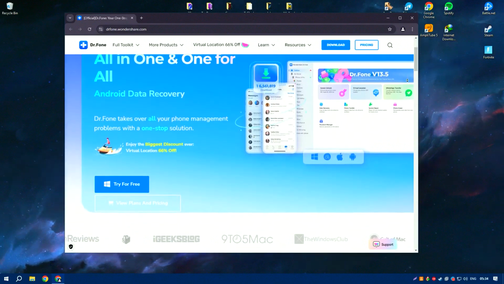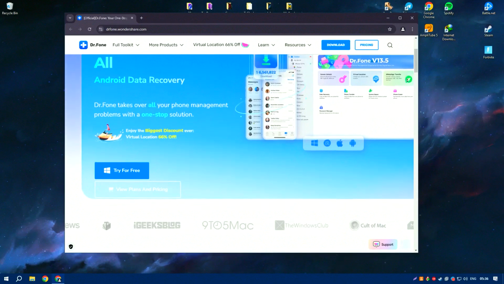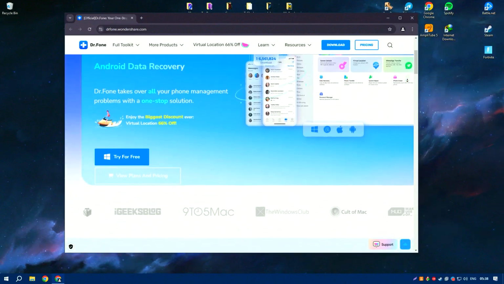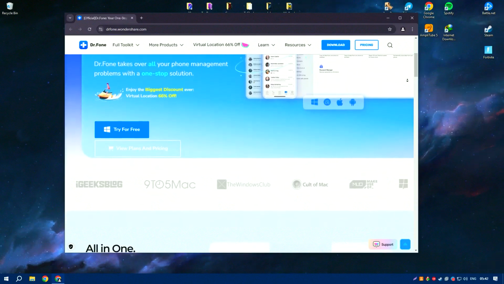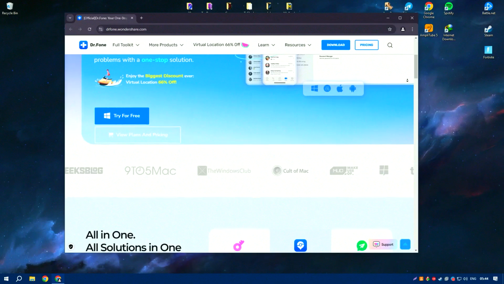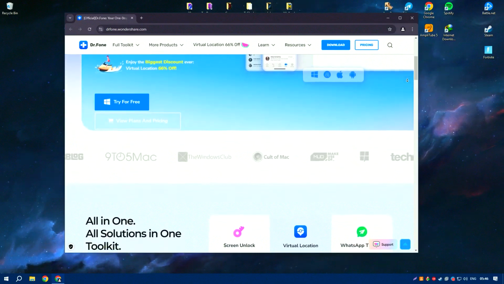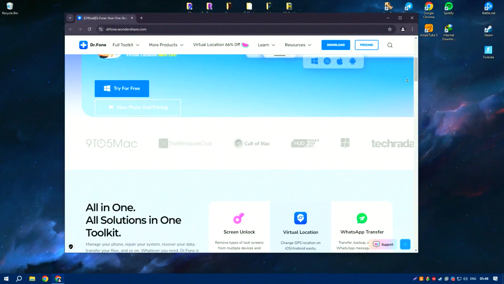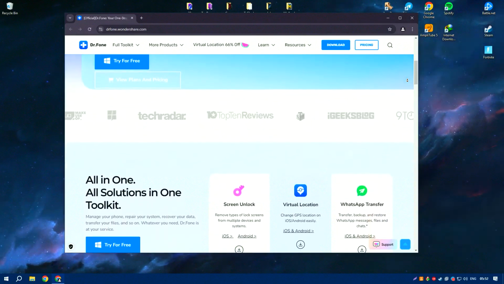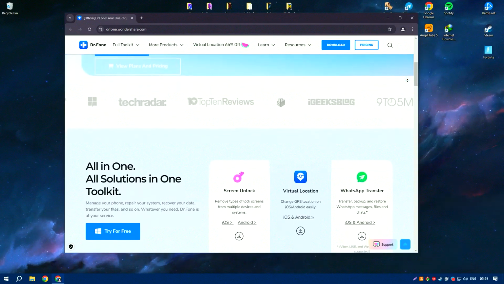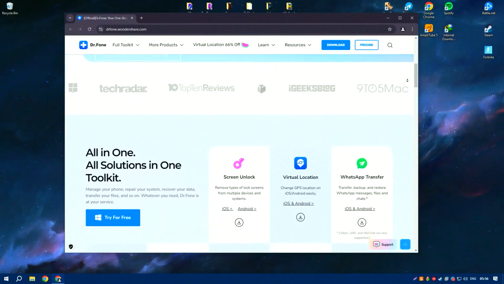Dr.Fone 12 is an exceptional piece of software designed to cater to various data recovery needs across multiple devices. Its user-friendly interface makes navigating through the recovery process seamless, even for those who may not be tech-savvy. The software supports a wide range of devices, including Android and iOS, allowing users to recover data from smartphones, tablets,